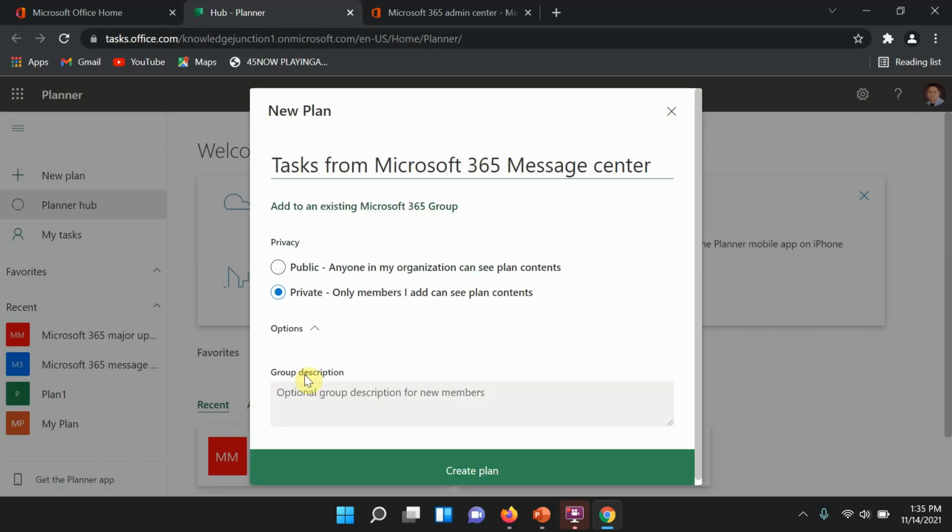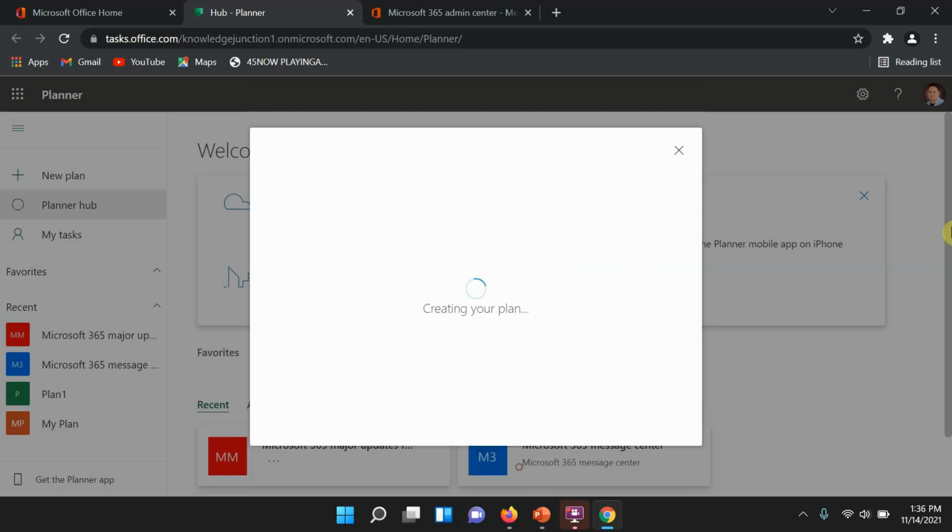Public or private, as per your organization. Give a group description: we will track the major updates from Microsoft 365 Message Center. Create plan.